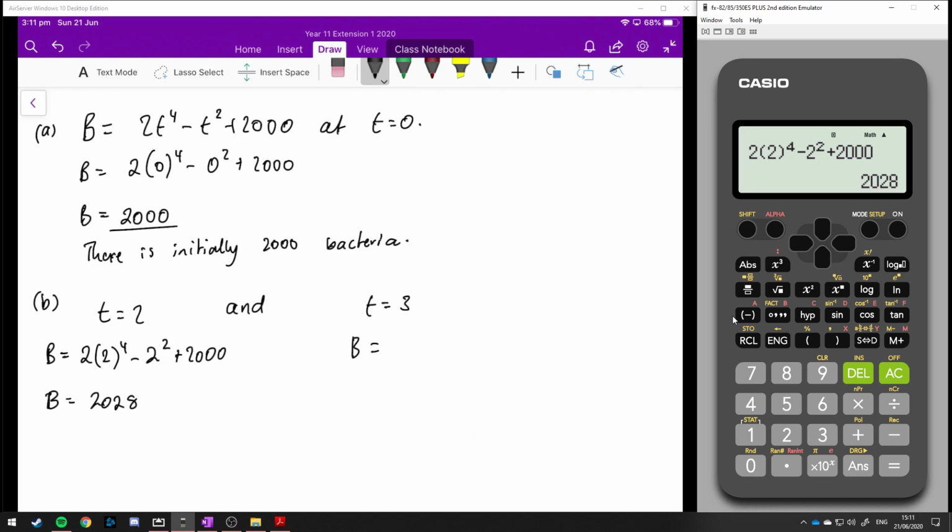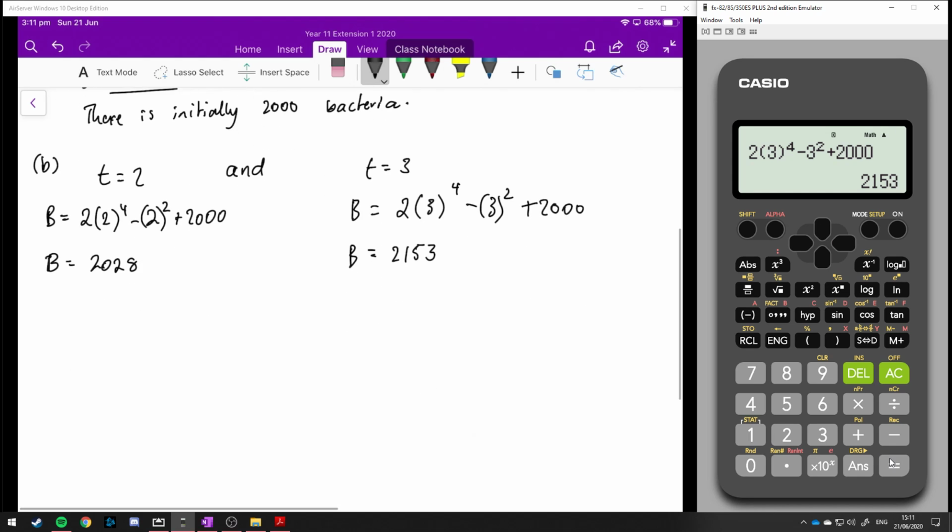So I'm going to do the same thing. Our t is 3 hours, so we're going to substitute the 3 in: minus 3 squared plus 2,000. I should put those in brackets because it identifies that that's the value we're substituting in. So 2 lots of 3 to the power of 4 minus 3 squared plus 2,000. That's